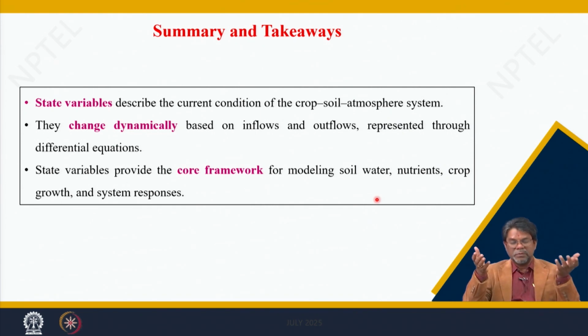If you go to crop models in the later classes, you will see carbohydrates, the photosynthesis, there is gross photosynthesis, then the respiration rate, then there is a net photosynthesis rate, and that photosynthesis is converted to biomass accumulation. So, this is the flow rate, the rate of biomass accumulation, which depends upon the photosynthesis and the respiration losses.